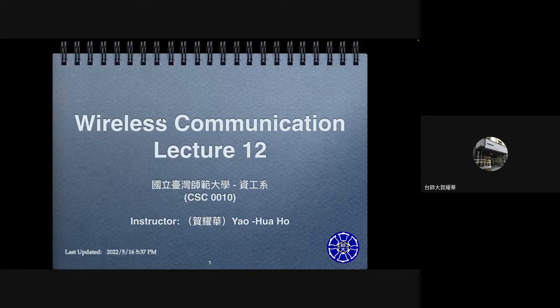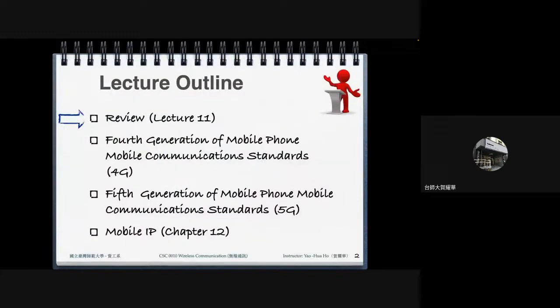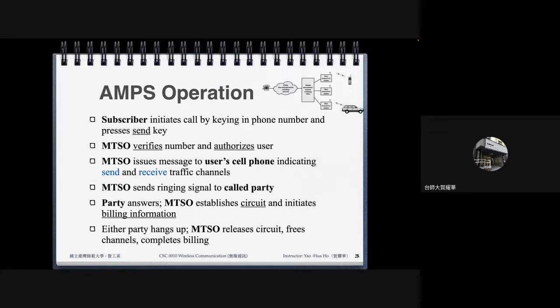Okay. So let's start today's lecture. Today's lecture again, we're going to do a quick review on last week's lecture. Now, last week we talked about mostly